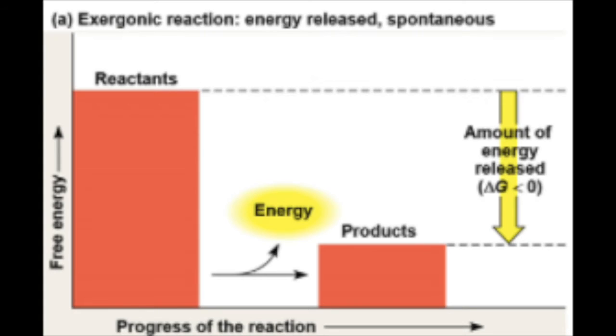Understand that thermodynamics means the diffusion of energy, not disorder. So to begin with, the first law of thermodynamics states that the energy of the universe is constant and energy is not destroyed. Such as when we run, energy is always released in heat. It doesn't just disappear. And the second law of thermodynamics states that every energy transfer or transformation increases the disorder of the universe, which explains why certain reactions don't need energy because there's an increase in entropy or disorder. And it is processed through either endergonic or exergonic reactions.